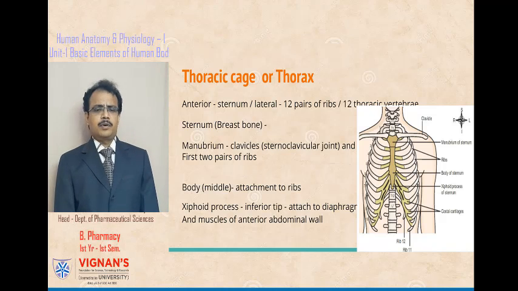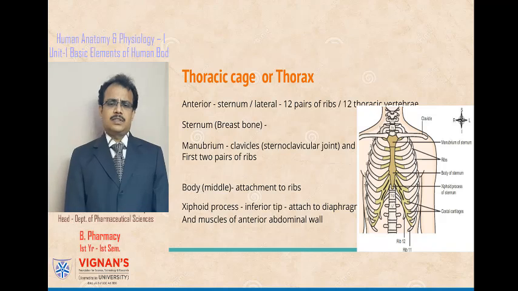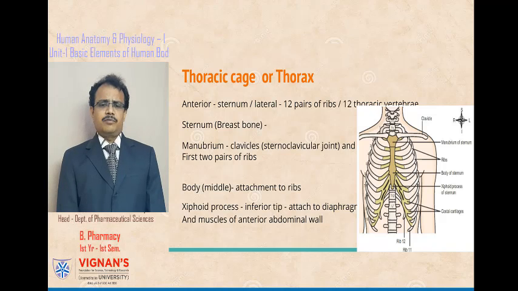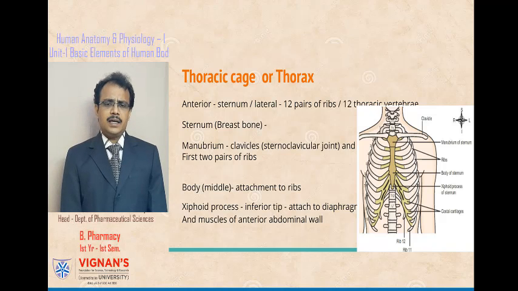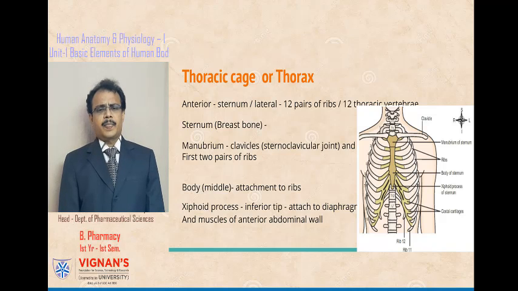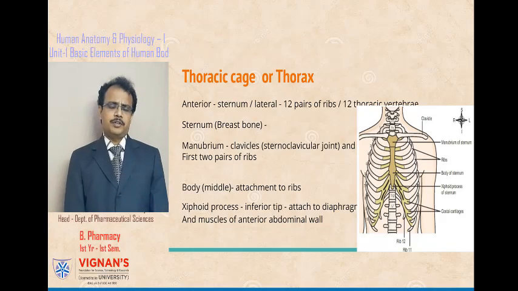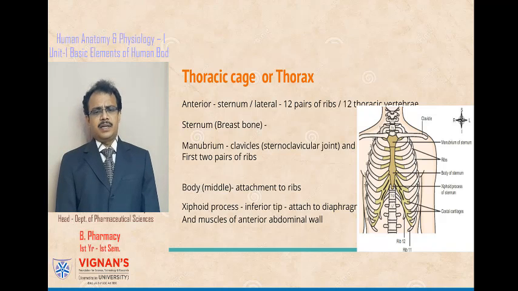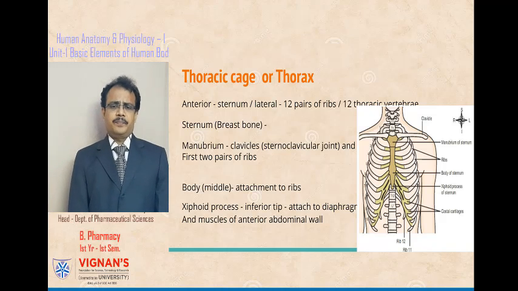Whereas the xiphoid process, which is present below the sternum, gives attachment to the muscles of the abdominal wall, muscles of the diaphragm, and also the linea alba. And the other bones of the thoracic cage are ribs. There are 12 pairs of ribs, and we have seen that these 12 pairs of ribs are attached posteriorly to the 12 thoracic vertebrae. The sternum, ribs, and thoracic vertebrae together constitute the thoracic cage. And these